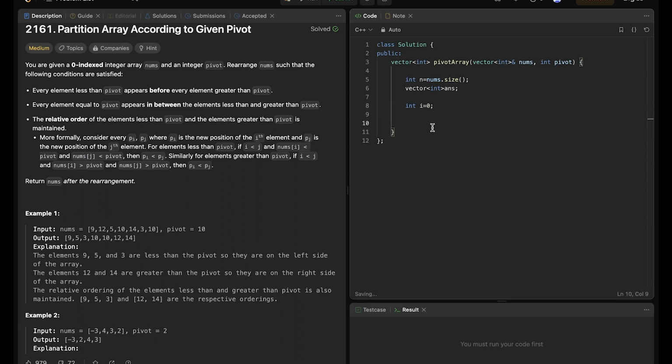Then we have to scan the array for smaller elements. Okay, so we scan through the array, and if the value is less than the pivot, then we will insert the value in that particular index.